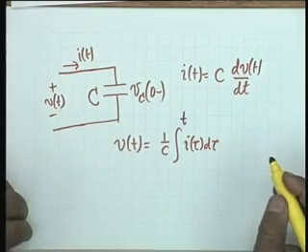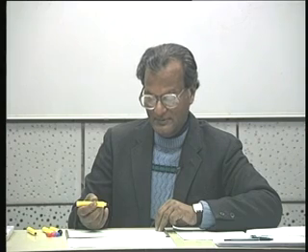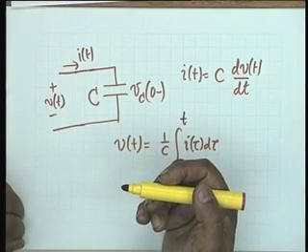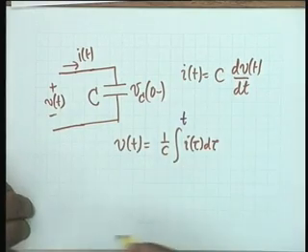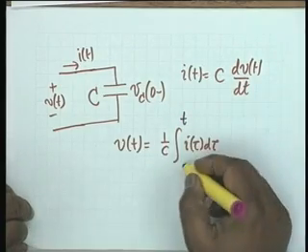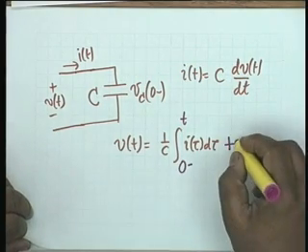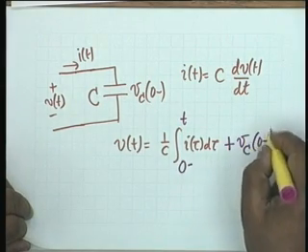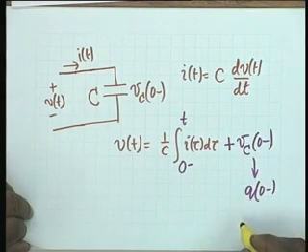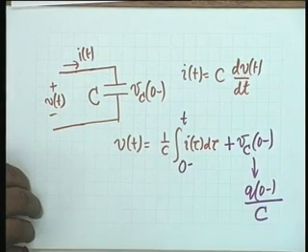Shouldn't you denote it by Vc of t? Because V of t you are using for excitation voltage. Okay, the voltage is the same. This is same across the capacitor. Okay, if you are so fussy, I will distinguish between them and then write V of t equal to Vc of t. Okay, so the lower limit should be 0 minus, and then we must add Vc of 0 minus, which as you can see is the initial charge in the capacitor q0 minus divided by C. All right.